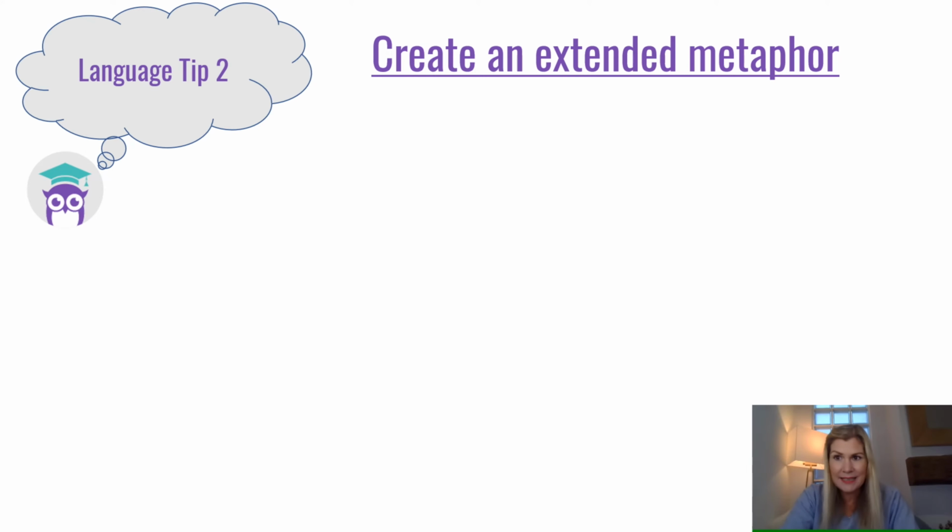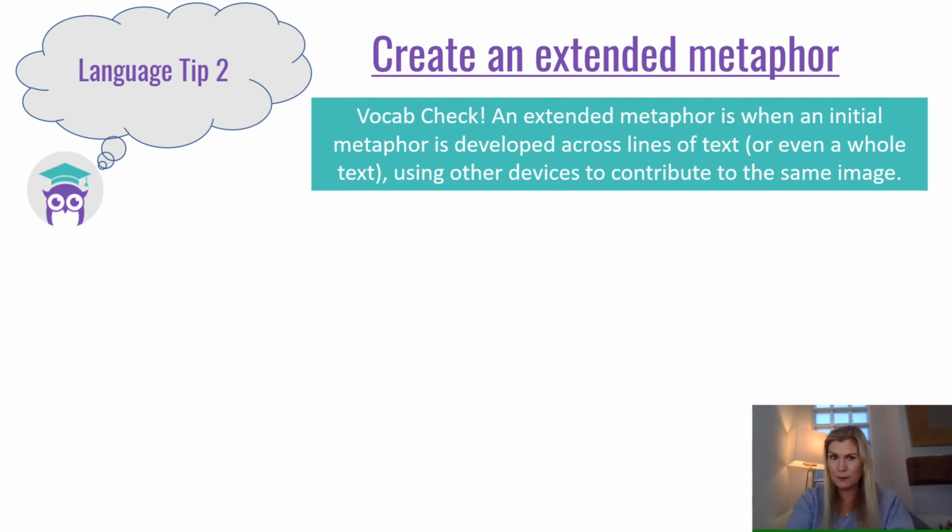Create an extended metaphor. Now, I'm working on the assumption that you are happy with what a metaphor is. In your creative writing, you've probably been taught from a young age to use similes and metaphors where you compare one thing with another. If it's a simile, using as or like. If it's a metaphor, saying it is another thing. So an extended metaphor is when that initial metaphor is developed or repeated across a whole text or a section of text. It might be within one paragraph, it might be within a chapter, it might be within a whole novel. Obviously, if it's your own writing, it might be across the 2 pages that you might be writing in